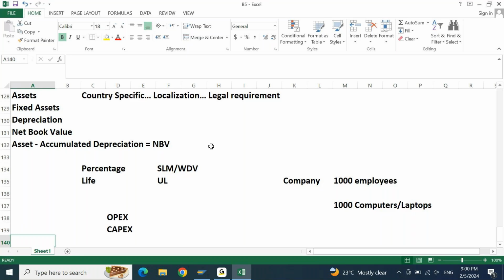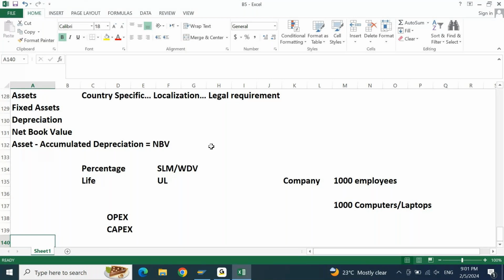Otherwise, we will end up learning only the configuration, which is not going to help us anywhere, either in clearing your interview, working confidently in your project, or communicating and discussing effectively and comfortably with your client users. Make sure you do not get into these situations, uncomfortable situations where you have the experience and the knowledge, you are able to configure everything, but still you are lacking something. You should not get that feeling.